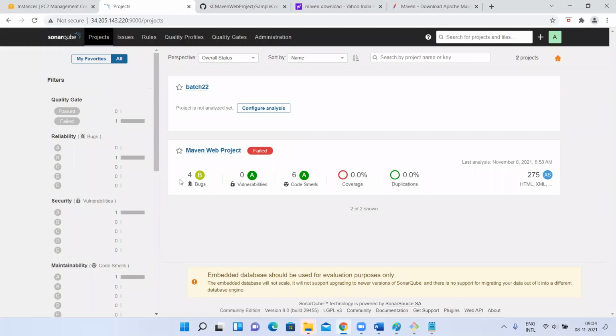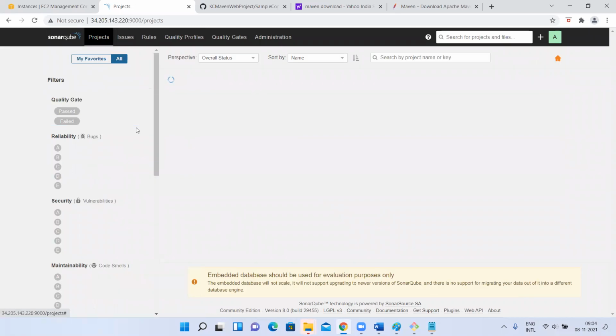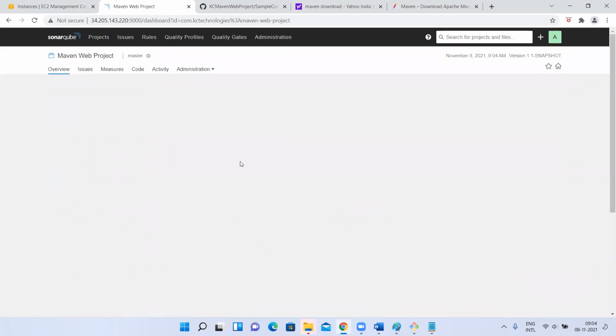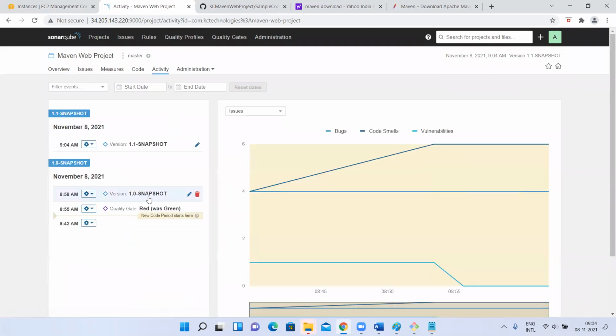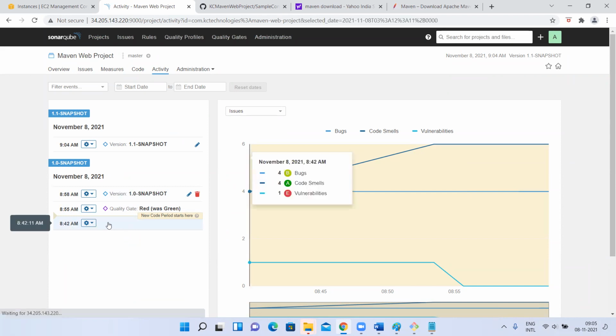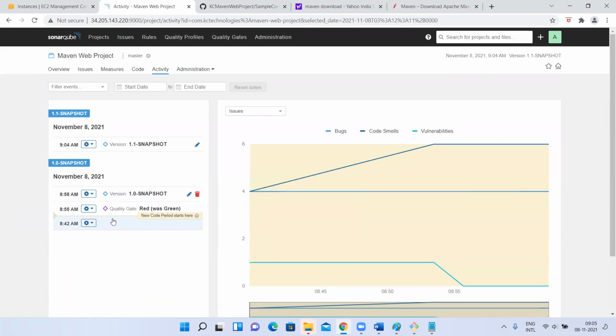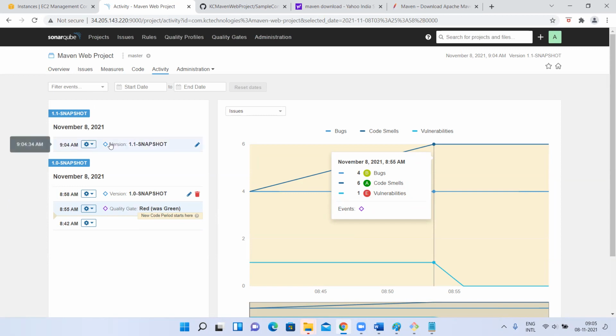Okay, done. Now, as the report is uploaded to the SonarQube server, SonarQube has to run its compute engine, compute and categorize them, and then give it. Now I'll go here to this project. If you see here, it is showing the history. See, for the 1.0 version, we scanned 3 times. The first time, if you click on this, it will show how many bugs and so on there are. Next time this, so it was green, changed into red. It continued here. And again, we changed the version and ran it on the same date. So at this time it is like this, it is going to show that history also.